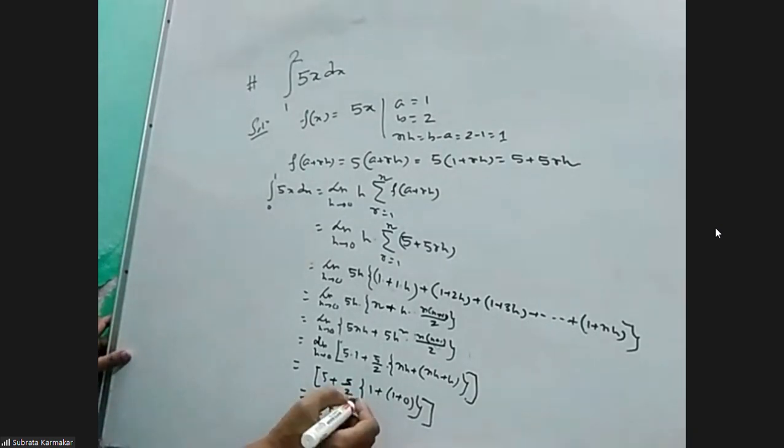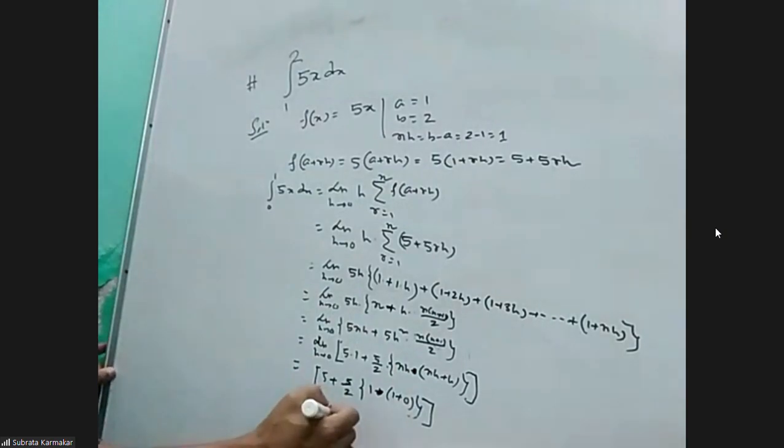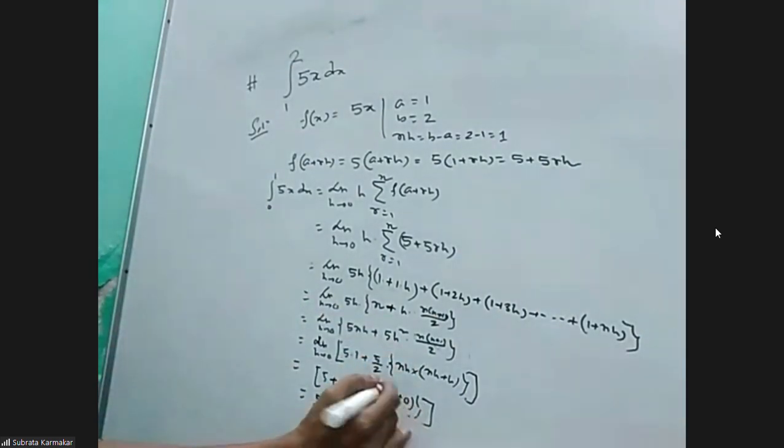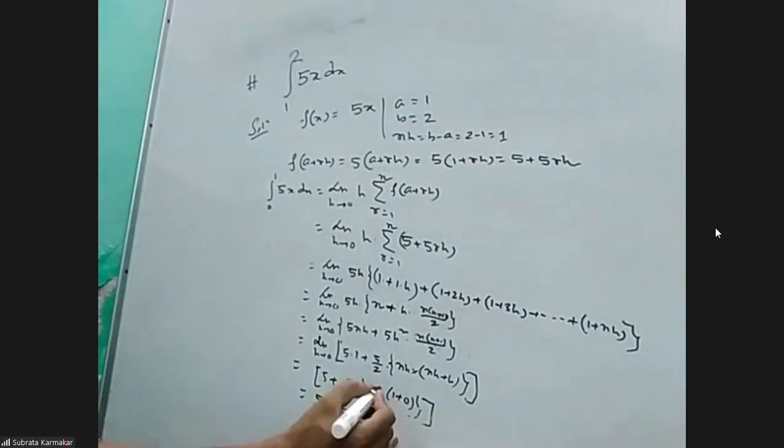5 by 2 plus 5. Here into. So it will be 5 to the 10 plus 15, 15 by 2. 15 by 2 will be the answer. This is dot, or you can put here the into sign, not plus. It will be into. So the last part, nh into nh plus h, so it will be 5 by 2 plus 5, or 15 by 2.